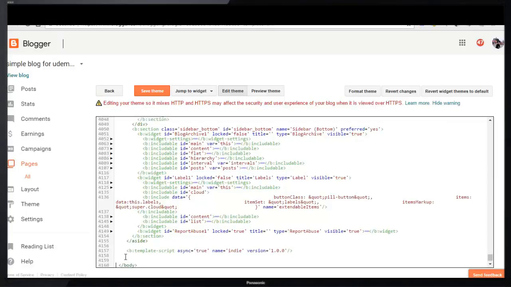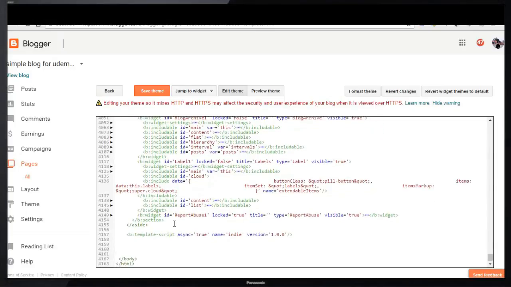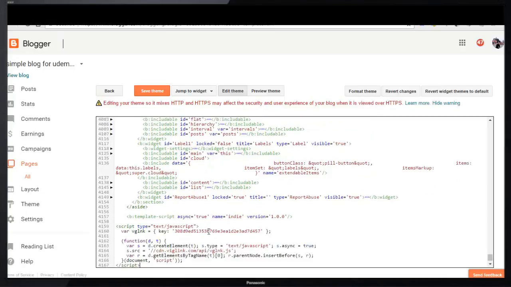At the beginning of the line, you can hit enter multiple times. This will not affect your web page, and just paste the code here and click save. That way you just installed the affiliate script on your blog,